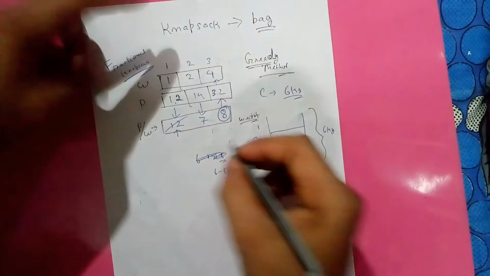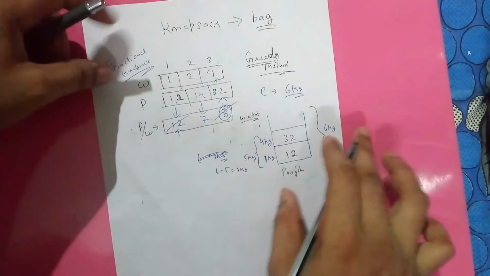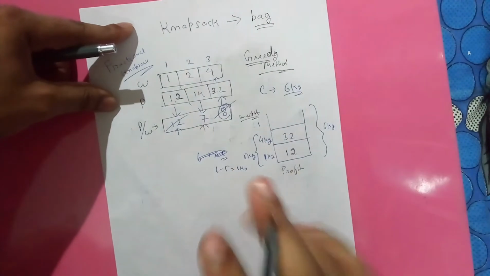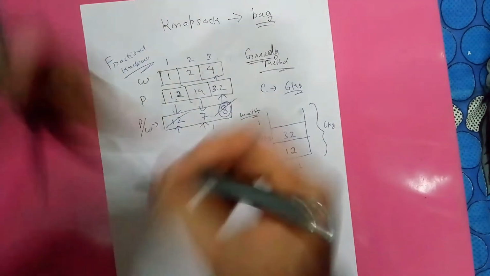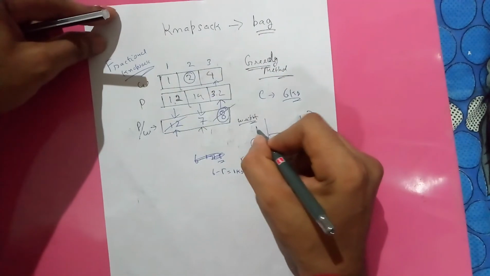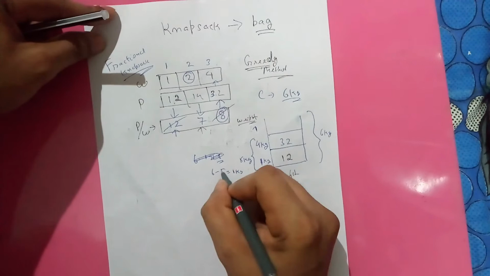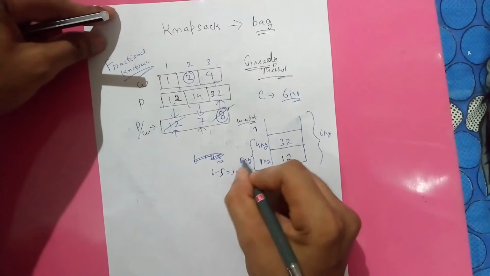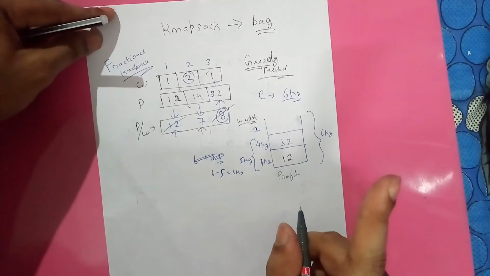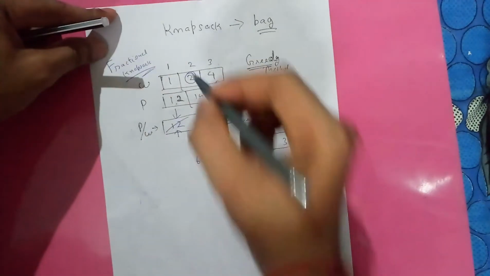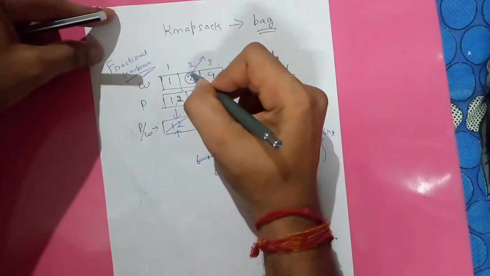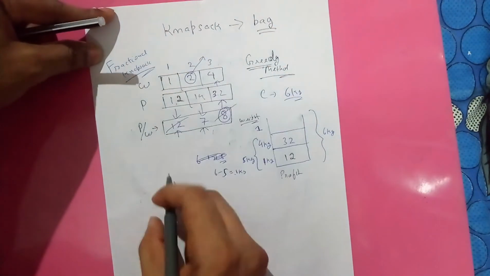Now this is also over. I have taken this, and I am left with this. But I see one thing here: my weight is 2 kg, and the weight remaining with me is 1 kg, because 5 kg has already been allocated. As I told you before, in fractional knapsack it is possible. This item is of 2 kgs, but I can take a fraction of 1 kg from here.